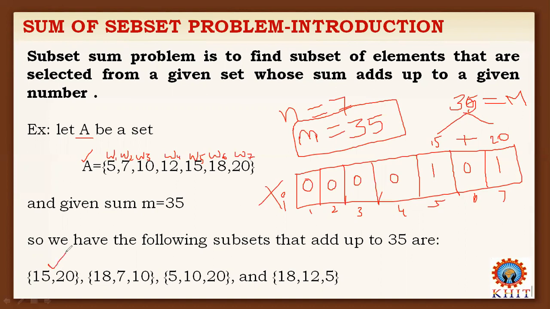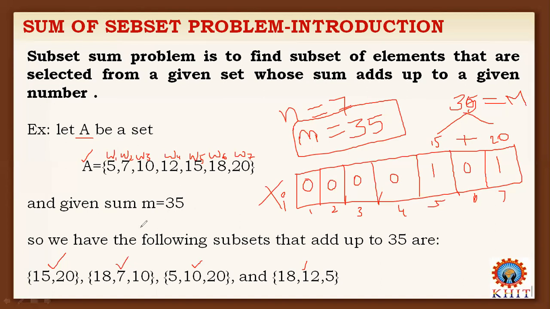If you add 15 and 20, you will get the sum of subset values. Like that, you will get many more solutions. This is another solution. Even if you add the subset values 10 plus 8, 18 plus 7, or 25 plus 10, 35. Even if you add the subset values in a given set, the total is equal to 35.